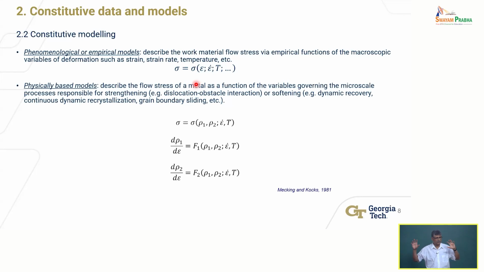Okay, so think of conducting various compression experiments at different strain rates and temperatures, taking that data and fitting some model that says the yield strength changes as a function of strain, strain rate, and temperature. That's all this is saying. That is called a material model. That tells me if I know what the strain, the strain rate and the temperature are, all three things, at a given point in the material during cutting, then I can tell you what the strength of the material is at that point. That's all it uses.